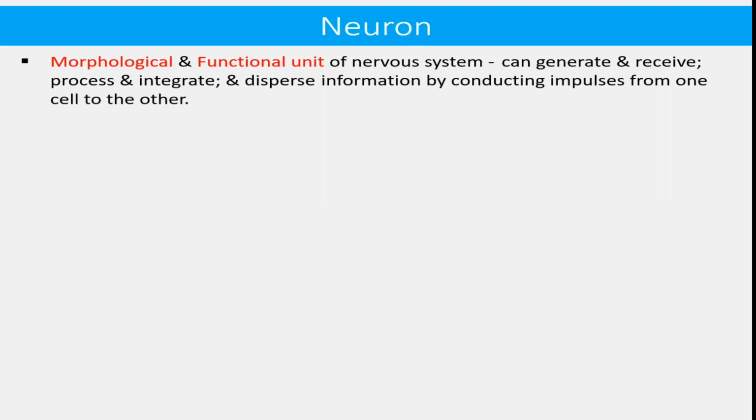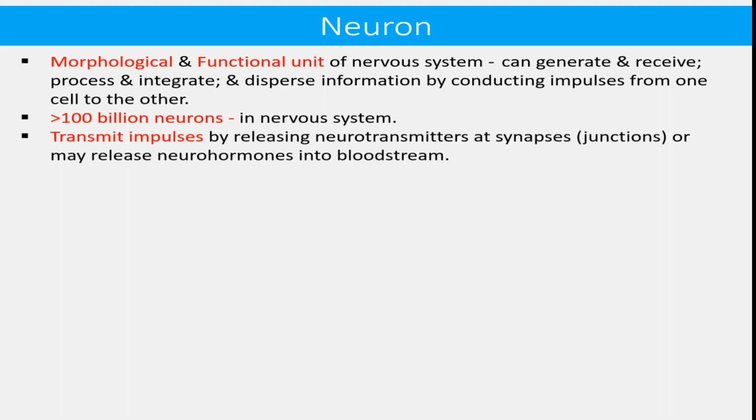A neuron is a morphological and functional unit of the nervous system which can generate and receive, process and integrate, and disperse information by conducting impulses from one cell to the other. There are more than 100 billion neurons in the nervous system. They transmit impulses by releasing neurotransmitters at synapses, that is junctions, or may release